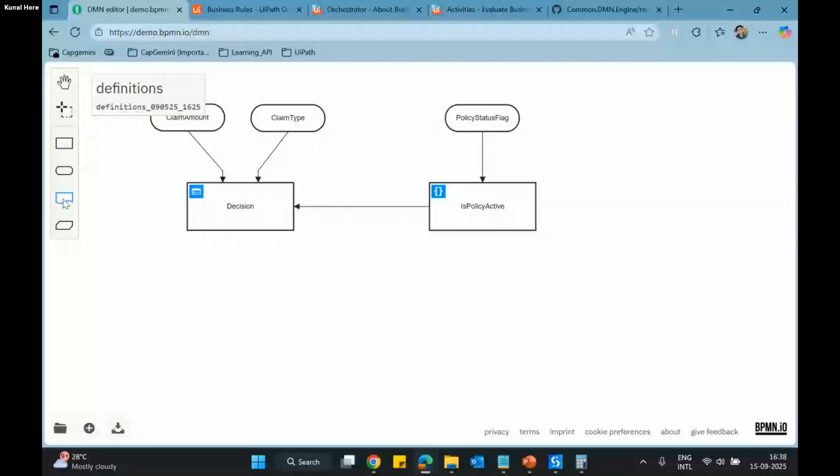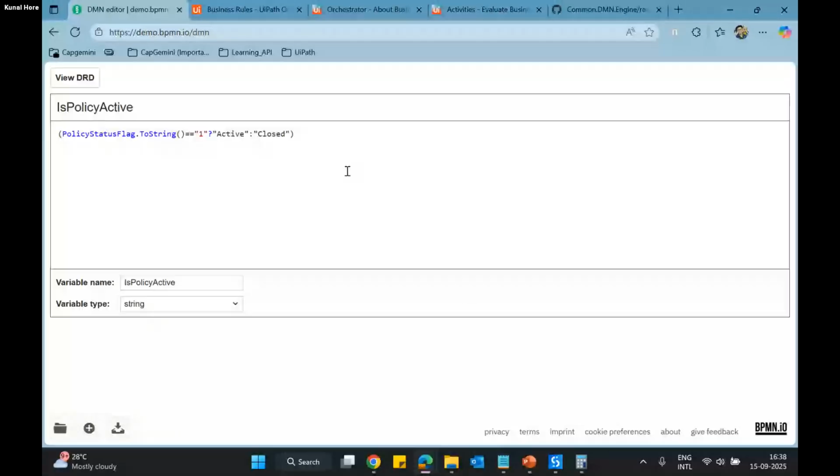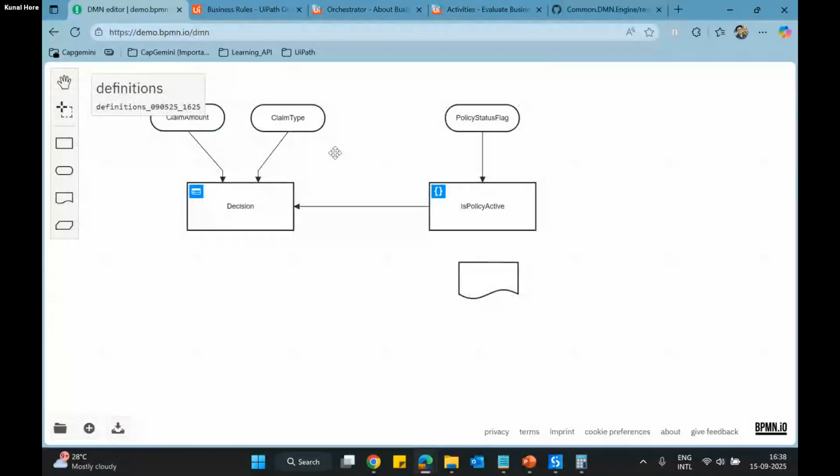So here I have a literal expression. Now we know, right? In any coding language, you'll be writing functions. Now, what is the use of functions? To reuse the same thing, because you have a function, then you can call it in different processes and you can reuse it. Now here you saw that I wrote an expression. Currently UiPath does not support this business knowledge model, but once it starts supporting it, you have this expression. You can copy this expression, and what you can do is